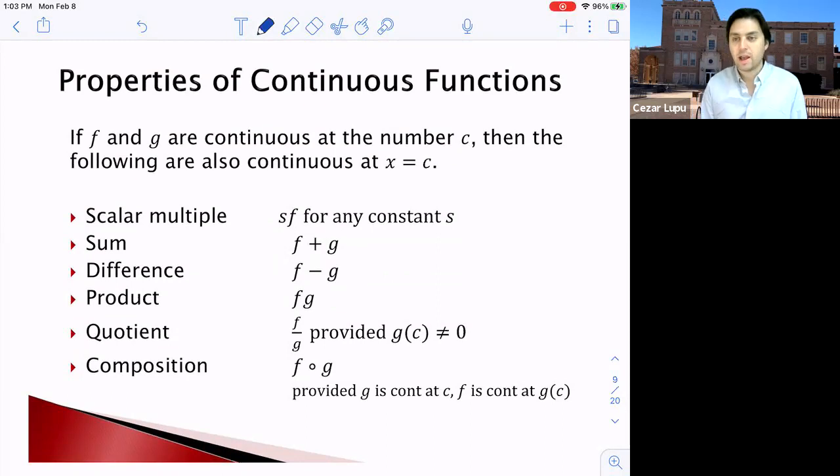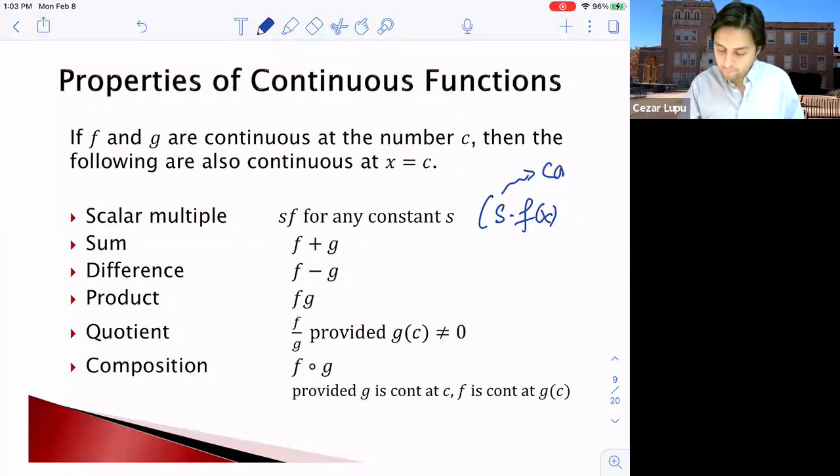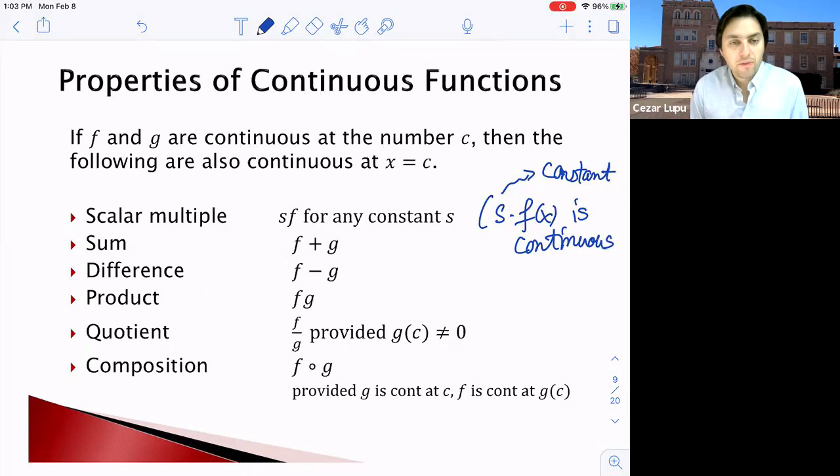So when you multiply any constant s, let's say, by the function f, this is s times f of x, where s is a constant. So when you multiply any constant by the function f of x, this is continuous. Right? So always this will happen. If f is continuous, any scalar multiple of f will